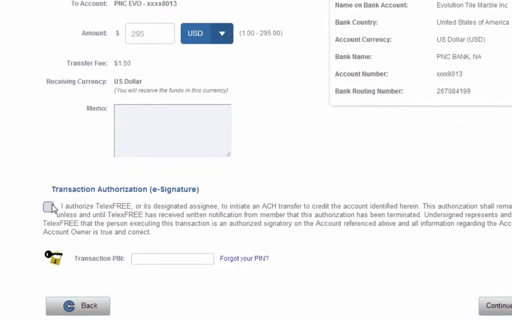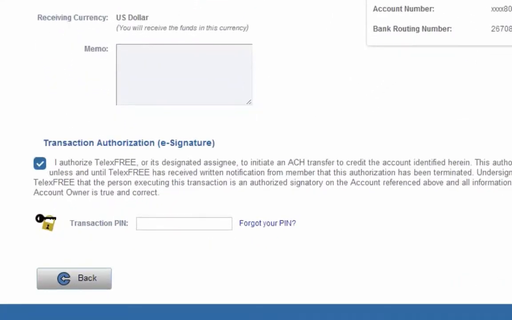Okay, I'll click here on signature, and I'll put the transaction pin, which is another pin that the e-wallet requests you to put in.